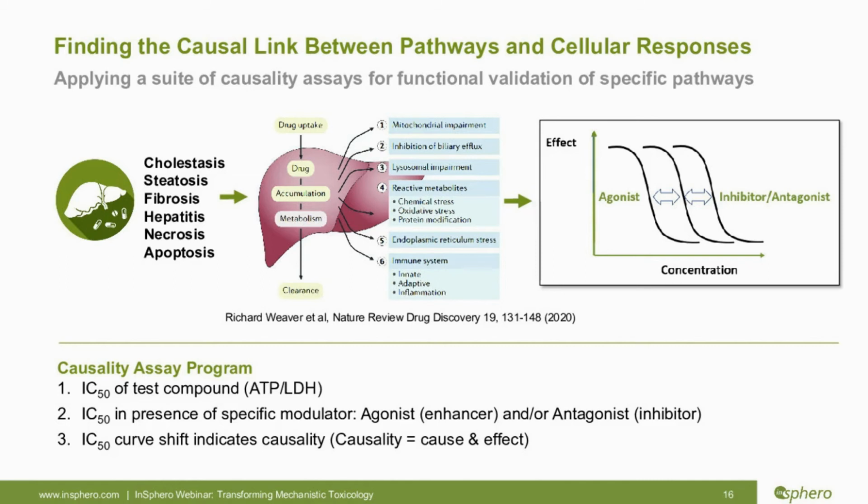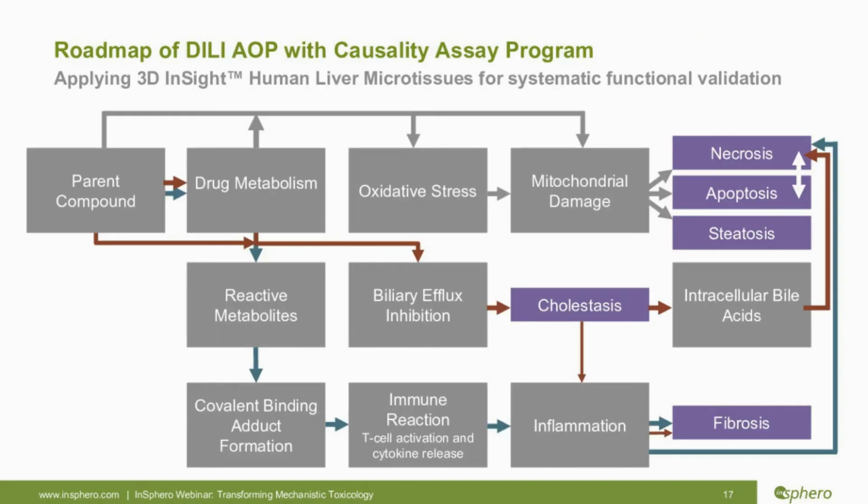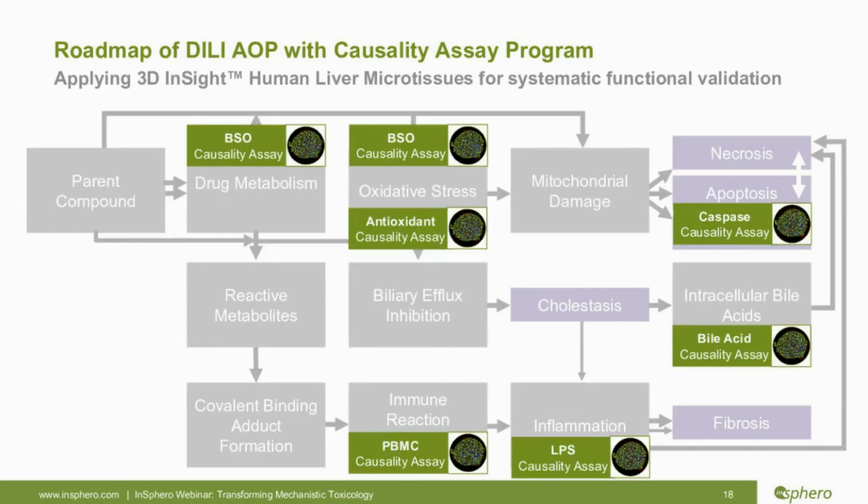So in this case, a shift could enhance the signal, so it can make it stronger. On the other hand, an inhibitor or antagonist can also make the compound less toxic. So that's the principle. This is again the roadmap, and this should show where we can plug in by